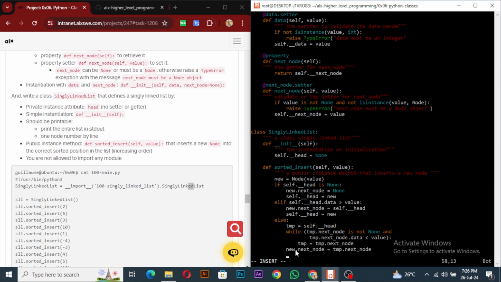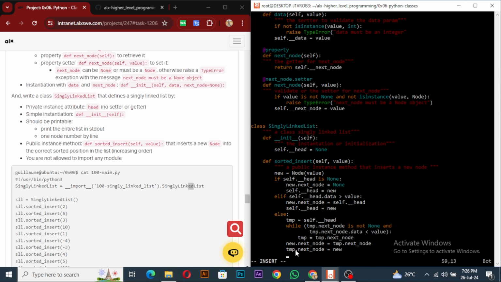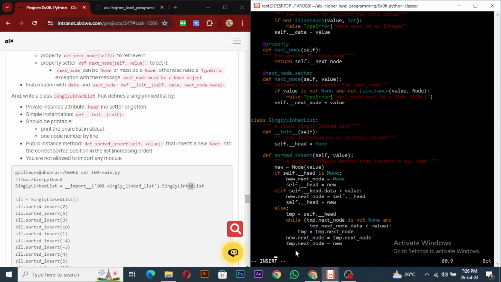And then temporary dot next node will be equal to the new node. So you can draw a sketch of this to understand it. And then the next thing is, I think we're here, right? Okay, good. So the next thing is we'll create